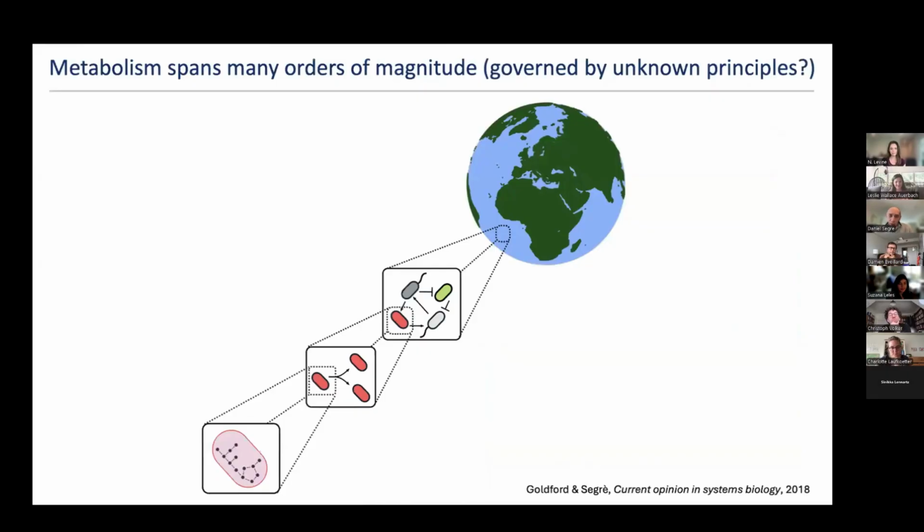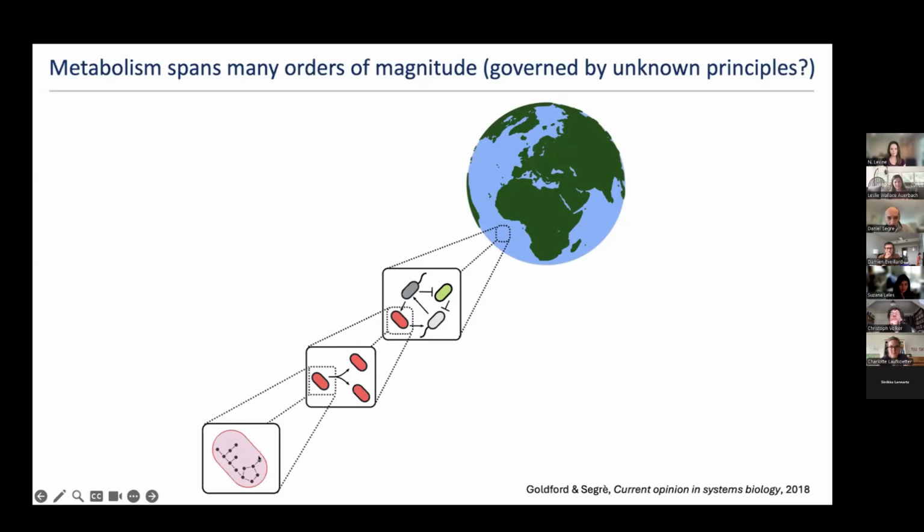I've been thinking about metabolism for a long time in different ways. And overall, if I had to summarize what fascinates me the most about metabolism, it is this multi-scale nature that many people before have pointed out in this series. I find it particularly interesting that these very same molecules that we can study in a cell, we can study also at the global scale, and that somehow we can go up and down this hierarchy.